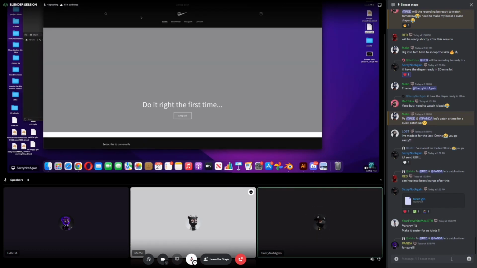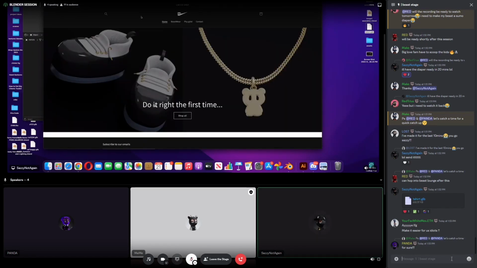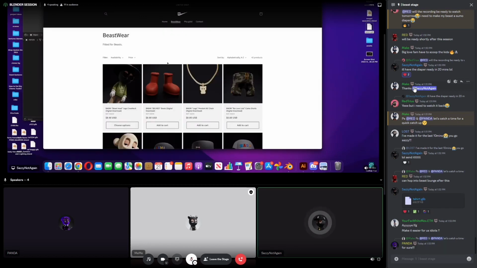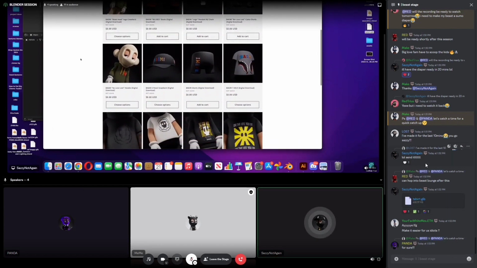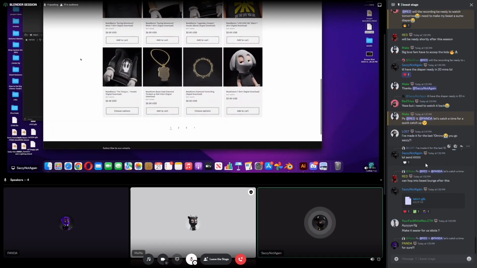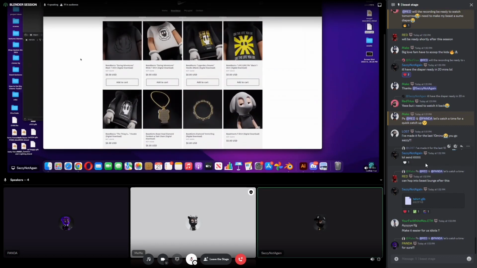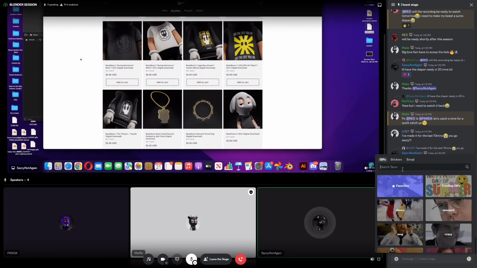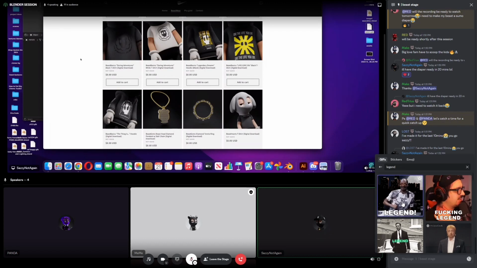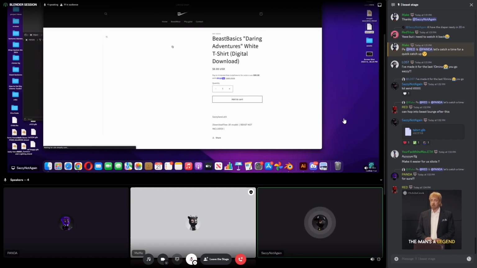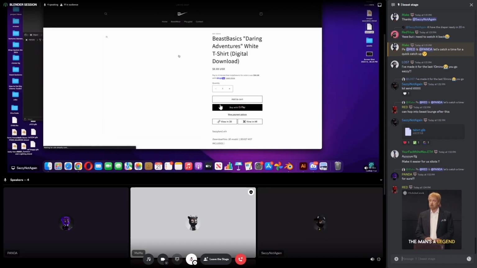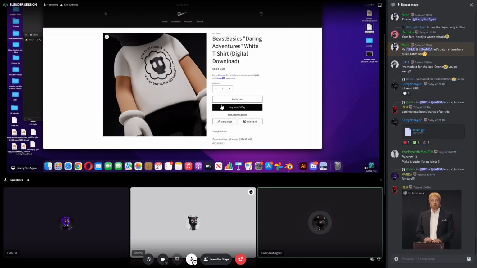Everything on this site is fitted for your beast. You just download whatever you want. It's free. You open it in Blender the same way you do with your beast, and you just load it up, and that's it. It's on your beast, ready to go. I don't want anything for it. Everything in the shop is $0. You don't need to put any info for those people that want to stay doxxed and stuff like that. You can just put in John Doe at the checkout. It's just a Shopify thing. Everything is fairly easy to use. If anybody was to ever come across any problems or any issues,